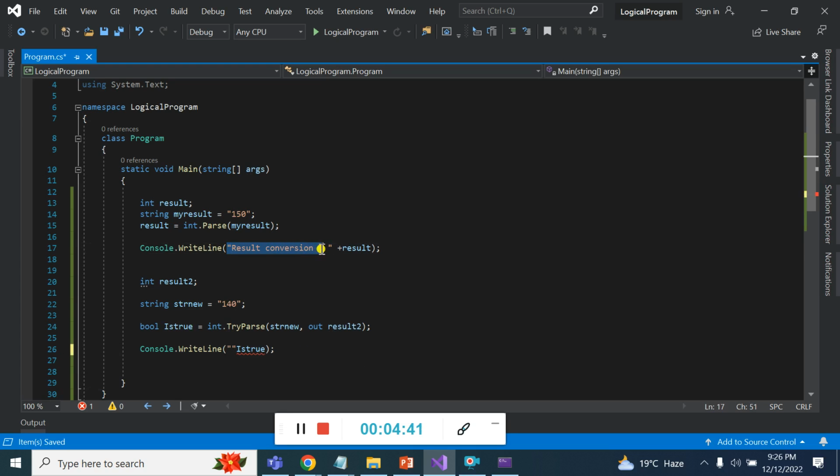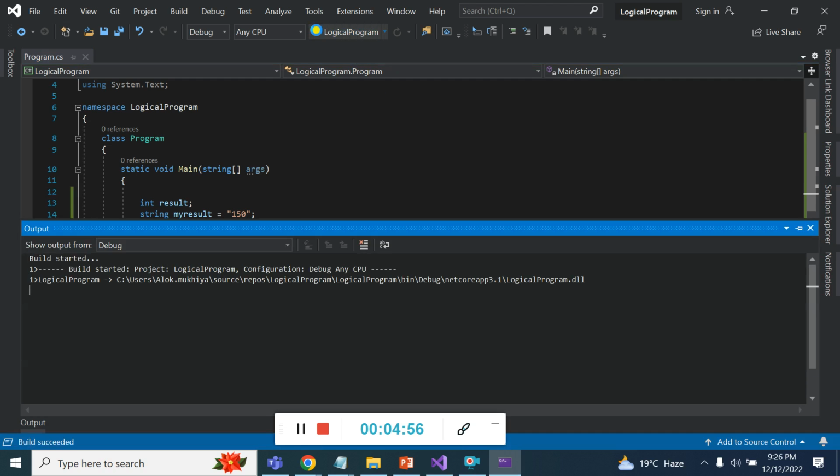I copy this and paste it, so make it sync. I run it again and you can see the result.